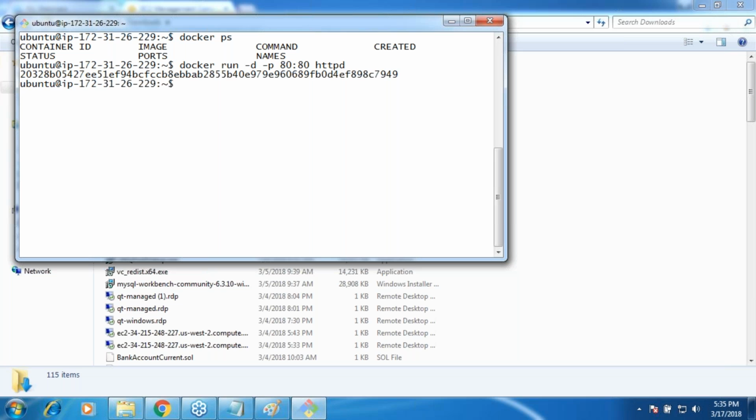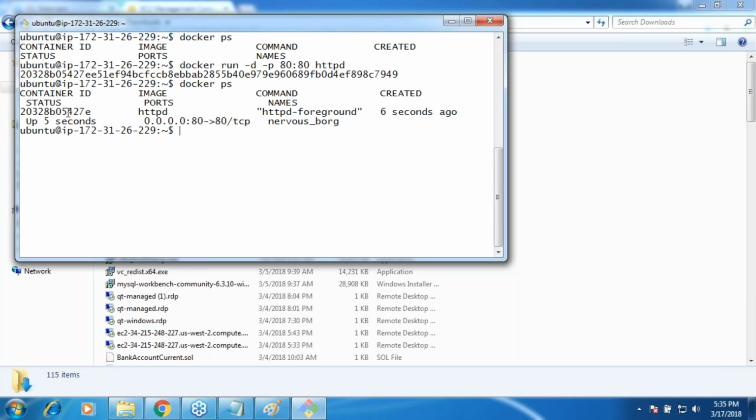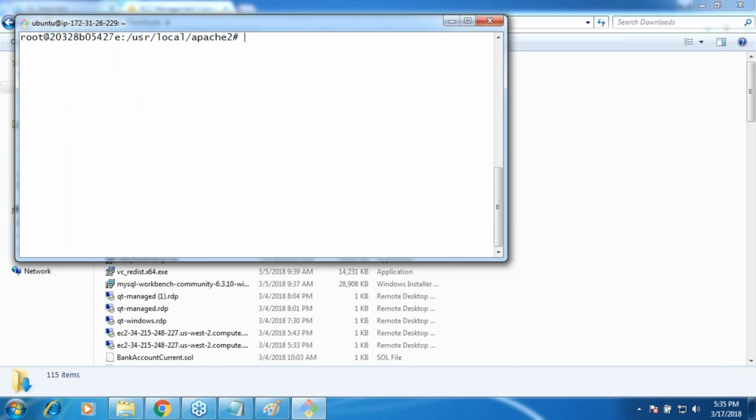Okay, fine. Now I'll do docker ps, copy this, and then say docker exec, get me into the terminal of this container, and I want to get into the terminal which is located at... Okay, am I over here? Yes. Now I want to look at what different folders are present over here.